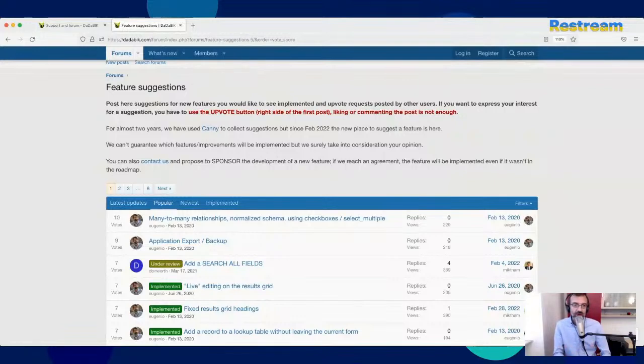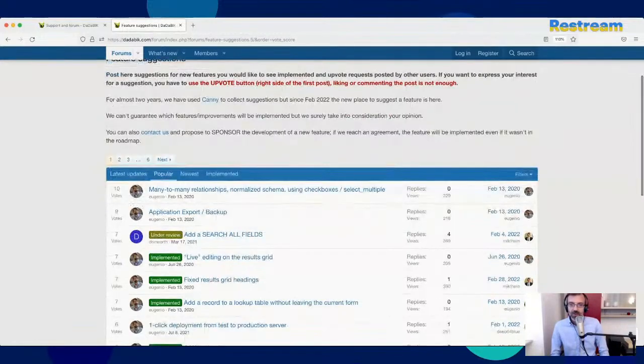Typically, if it's a feature that I think would be very useful for the whole community, but I don't have enough resources, or it's not so popular here, I code the feature for the customer, typically charging a price that is less than the price I would charge normally, because then in maybe 1 or 2 months that feature becomes part of the official DaDaBIK package, and everybody can use it.